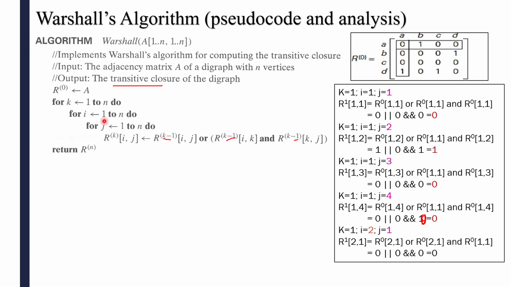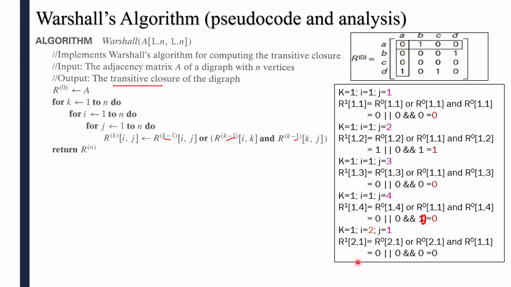So in this for loop, earlier what is the i value? It is 1. Now if you increment, the i value becomes 2 here. And when i becomes 2, then once again you execute this inner j loop here. So the same thing, j equal to 1 here. The i value becomes 2 and the j value is 1. You substitute those values, 2 comma 1, 2 comma 1. That i value you replace with 2 now and the j value is 1 and the k value is 1. If you substitute those values, what does this mean? Second row, first column. So what is the second row, first column value? It is 0, and the first row, first column value is also 0. If I substitute, I'll get the value 0 here.